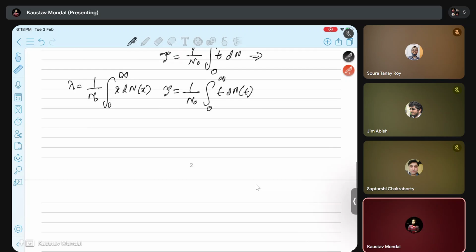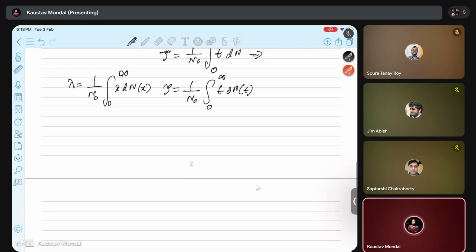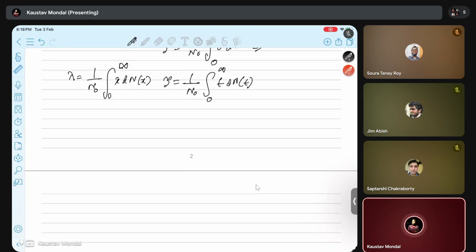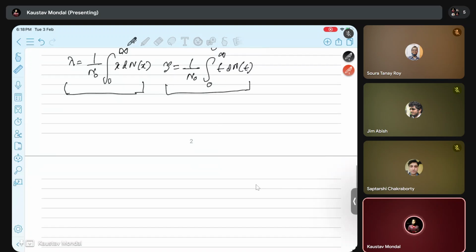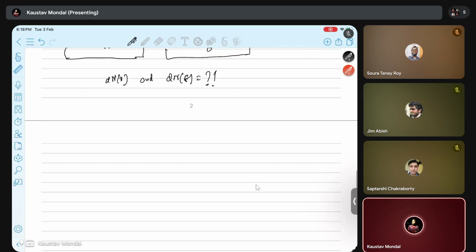So our next thing, to derive this, is that you have to express this in a closed equation, not an integral equation. So for that, we have to find the expression of dnx and dnt. For that, what they have used is, so let's take